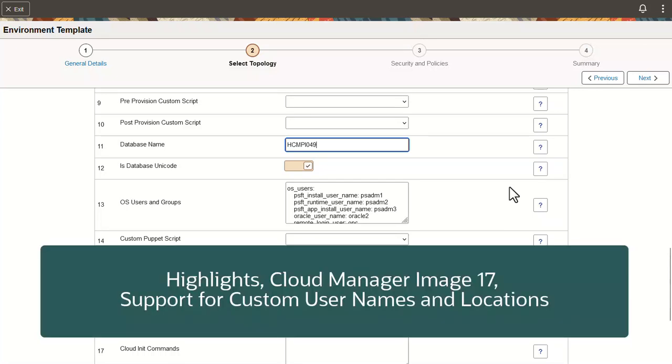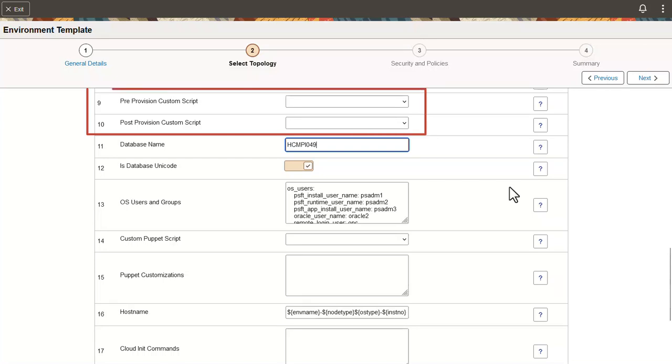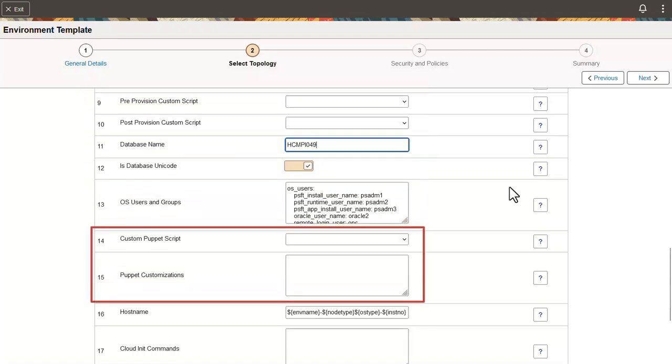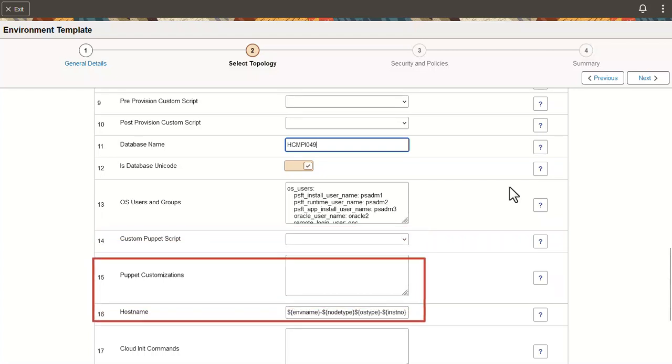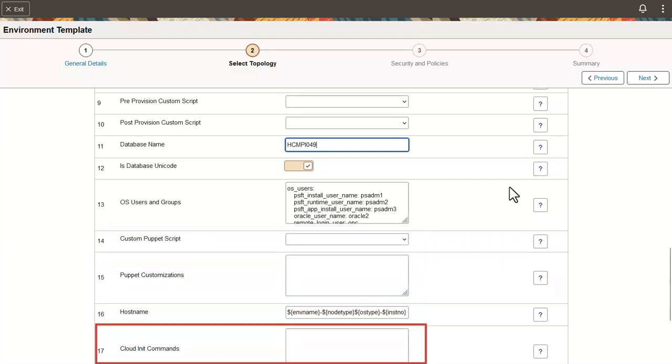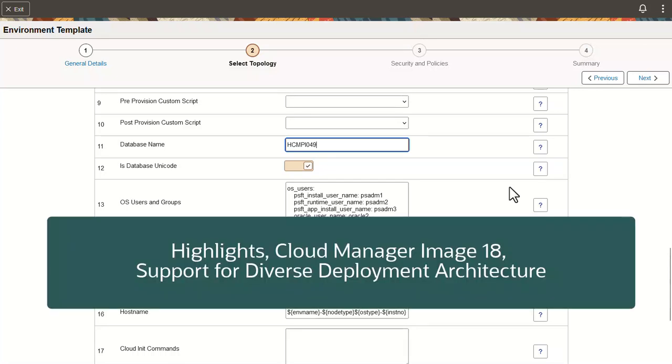See Support for Custom Usernames and Locations in the Cloud Manager Image 17 Highlights video. You can use the fields for pre-provisioned custom scripts, post-provision custom scripts, Puppet customizations, custom Puppet script, and Cloud init commands to include your own custom scripts, files, and DPKs as part of the provisioning task. The custom scripts were described in the Cloud Manager Image 18 Highlights video in the segment Support for Diverse Deployment